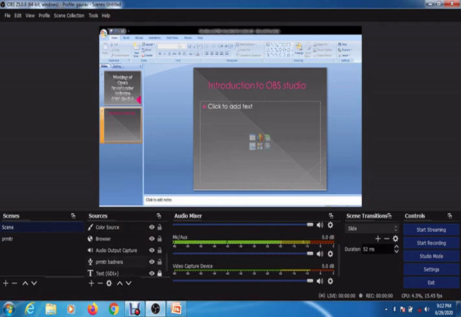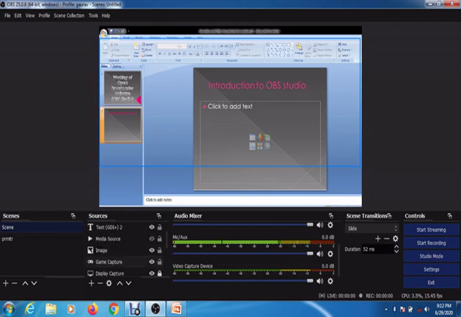I am clicking, you can see a lock button is provided in this. At the start it is unlocked, and if you are done with the work, you can click on this lock button. Whenever you work with any sources, you can see that at the same time the presenter is working, the slide is shown, the media is shown, and the image is also captured in your recording.